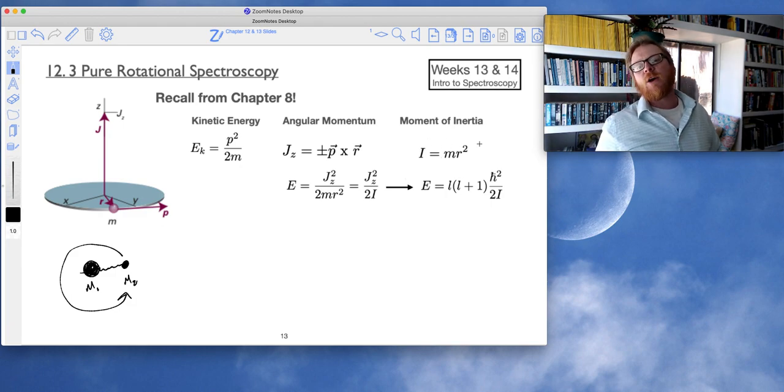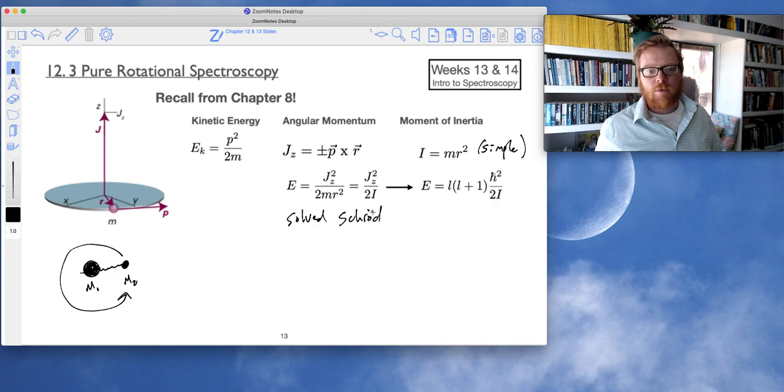Okay, so I equals m r squared for simple rotors. So that would be a linear rotor and nothing else. All of the other rotors have much more complicated moments of inertia. Okay, and so what's important to note when we solved